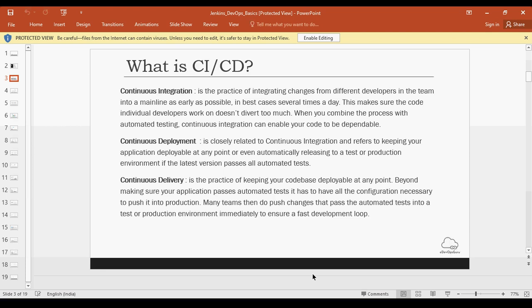Then continuous deployment and continuous delivery are somewhat similar, but overall, once your code is integrated, basically once that continuous integration finishes, then the continuous deployment starts. So basically, it makes your code deployable, correct?